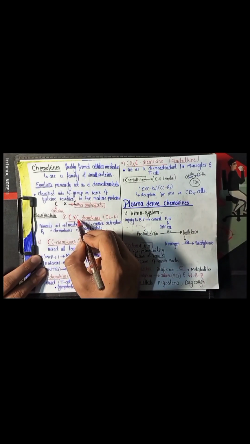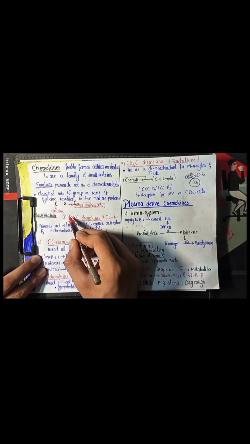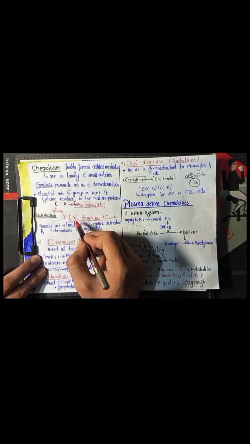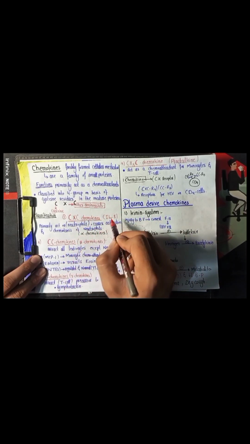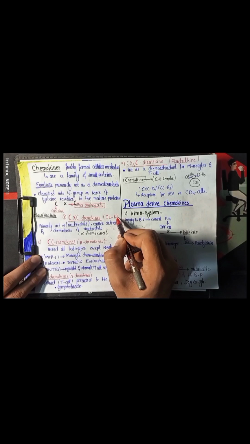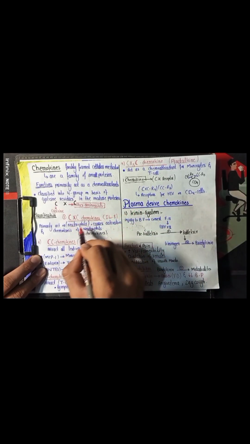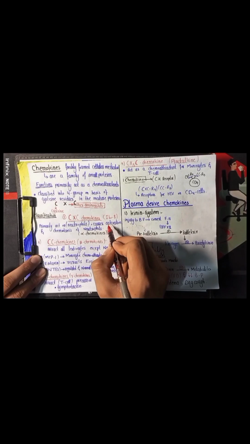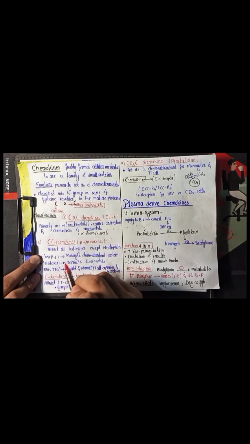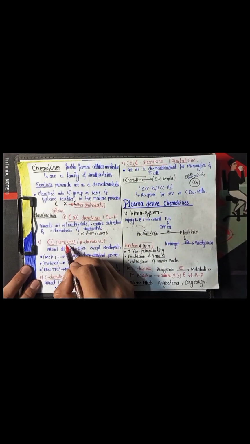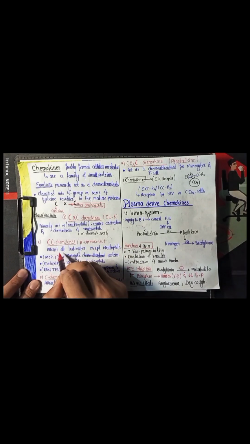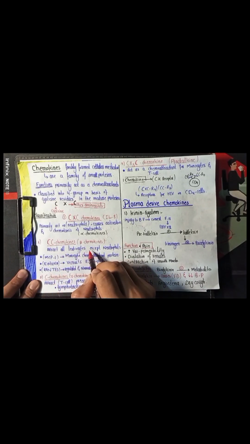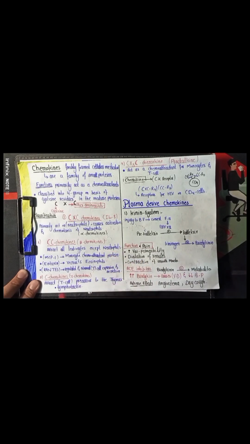The first one is the CXC chemokine, which consists of cysteine on either side, and in the center they consist of another amino acid. This CXC chemokine is also known as alpha chemokine, for example interleukin 8. This CXC chemokine causes the recruitment and also the activation of the neutrophil. Second is the CC chemokine. CC chemokine is also known as the beta chemokine, and it involves the attraction of all other leukocytes except neutrophils,